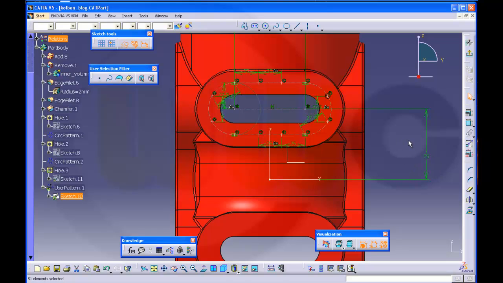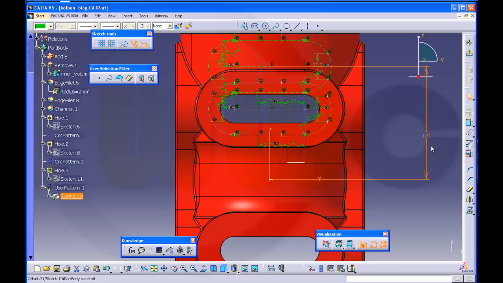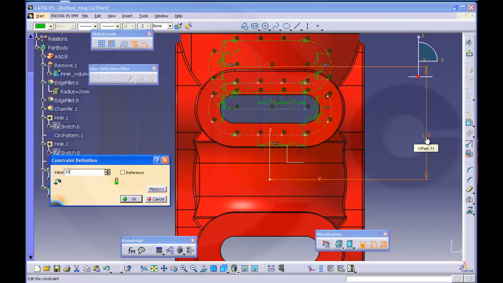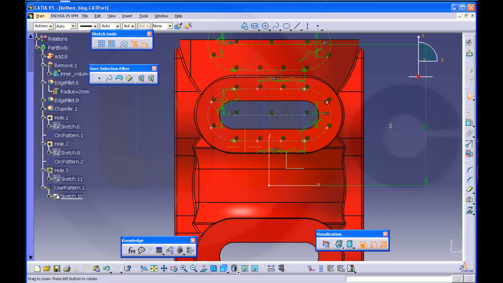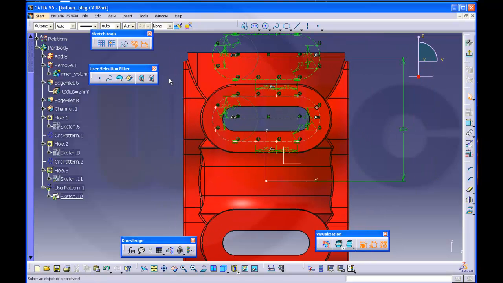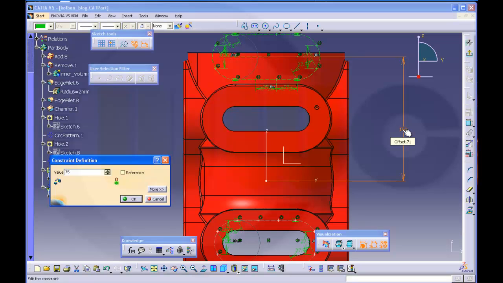Okay, yeah, I change this offset to 100. 120, or let's say 150, and I select these, move it right here, and change this back to 7.5,